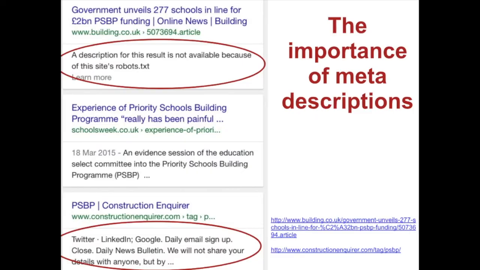Another piece of invisible content is the meta description of a page. You may or may not have the ability to edit this, but if you do, then this is a description that often appears underneath the title of the article on search engine results. And you can see a couple of examples here where this has not been edited, and so the search engine results look a little bit wrong, and they don't help the reader to understand what the story is about.